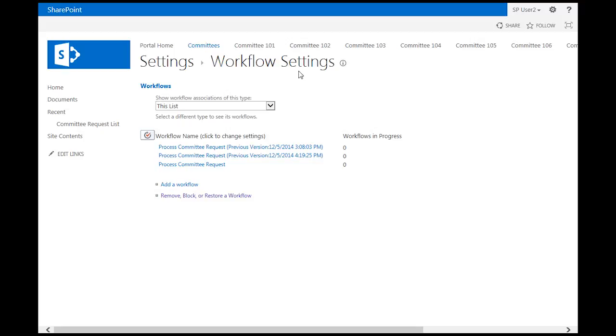This is an out-of-the-box SharePoint page where I can see workflows associated with the list. This is nice. It shows me that there's a Process Committee Request workflow active, and there are two previous versions of that workflow. The two previous versions were published, the first one at 4:19 on December 5th, and then the earlier one at 3:08 on December 5th. It doesn't tell me when the current active workflow was published,